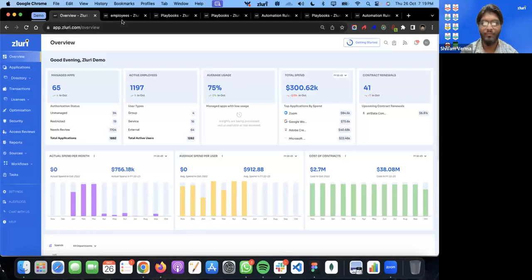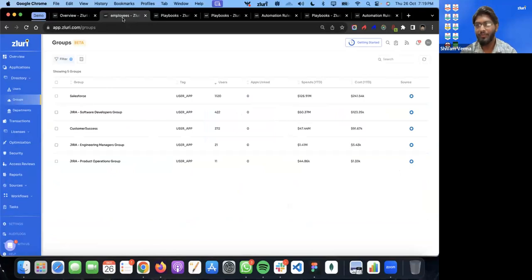So we start with first integrating our groups module with Okta, wherein if you select the group's primary source as Okta, we get all the groups with all the users that are present in those particular groups. Now, these can be application groups if you want. As you can see here, we have engineering group, product group, software developers group, customer success group, and a plethora of such groups can be detected on Zluri directly. Now, what Zluri supports today is not just limited to viewing these groups on Okta, but also updating, adding, or removing any particular users from these groups directly via Zluri.